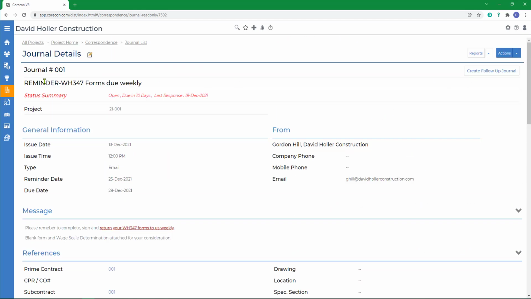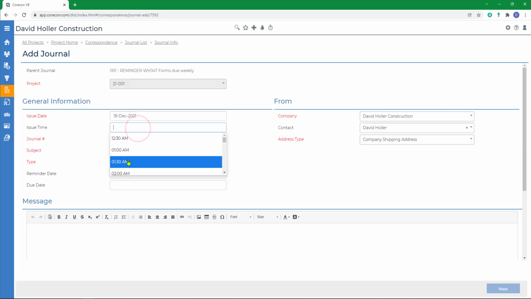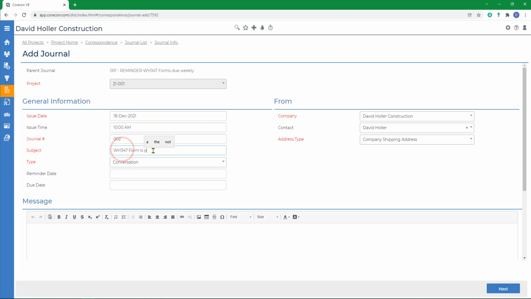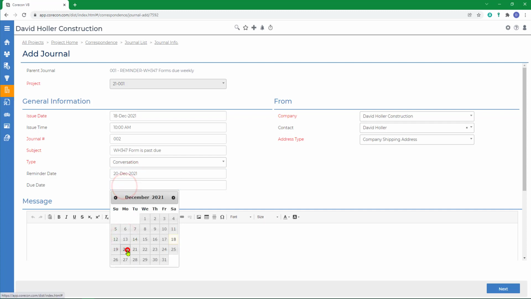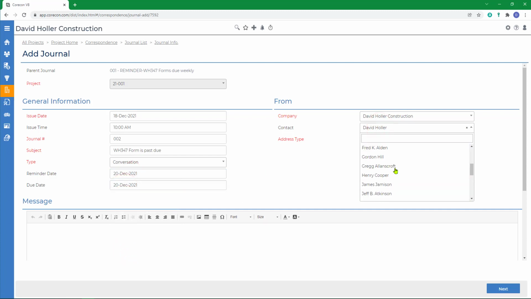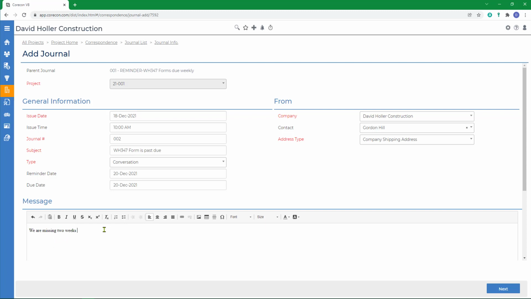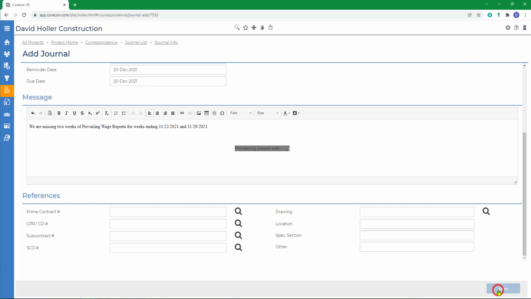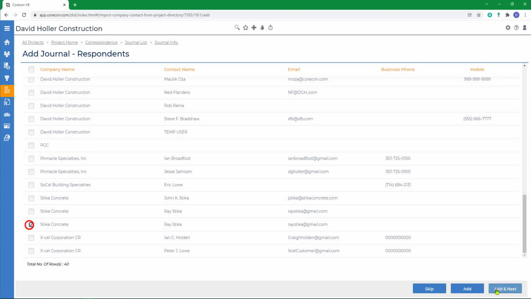So if we go to the top of the journal and click Create Follow-up Journal, then we can click Next and select Stick of Concrete. Click Add and Next